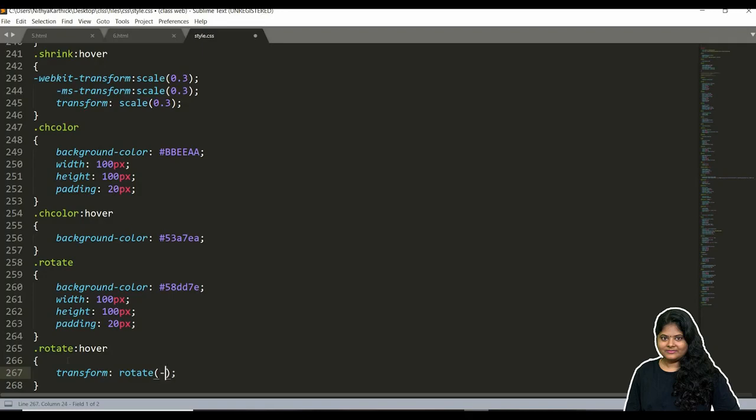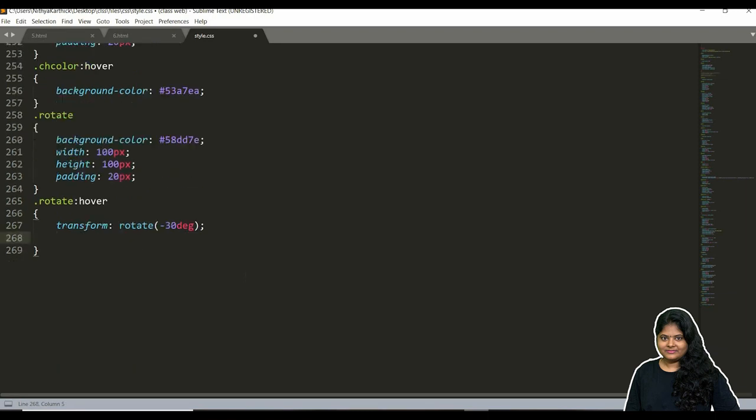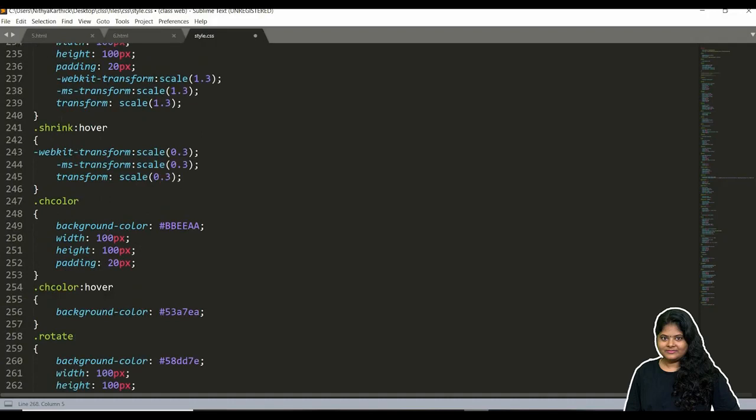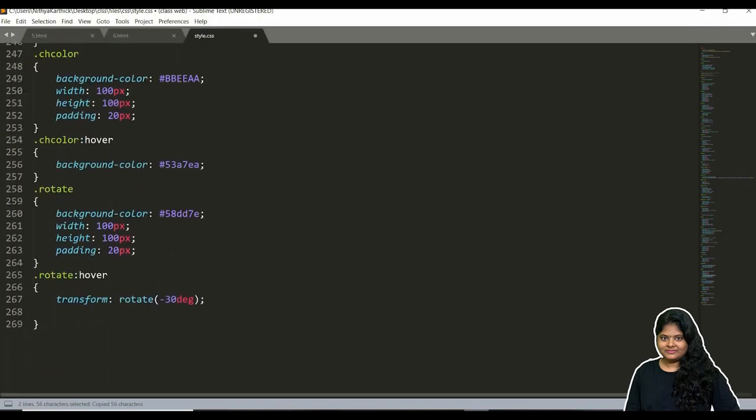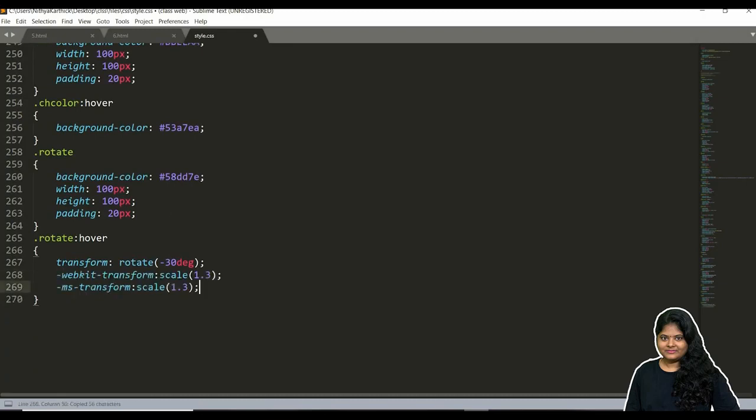Okay, so I'm just giving negative for anti-clockwise. Degree, yes, this is important. DEG. You want to make this in a very correct format. And also we can use these compatibility options. For this transition and all, it's better to give these things.